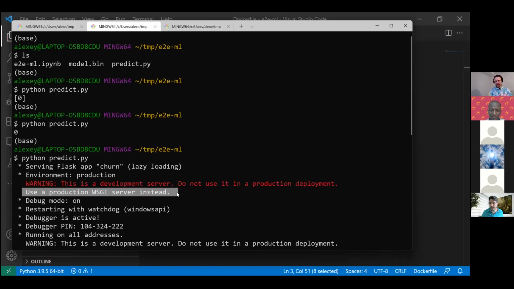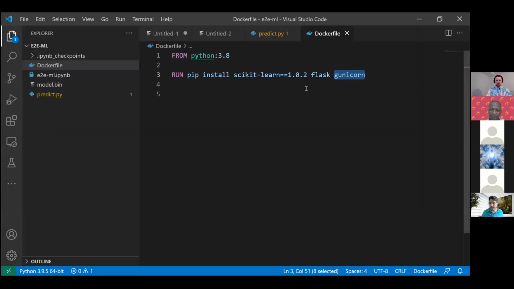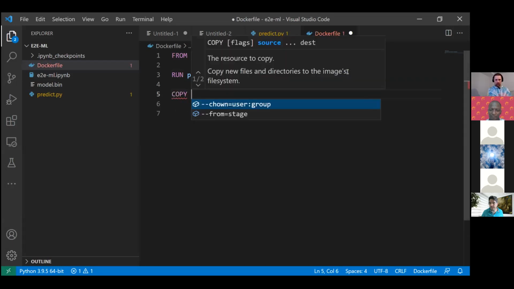So Flask is not a production WSGI server, but Gunicorn is. It's not really important what a WSGI server is, but this is just how we run Flask in production.